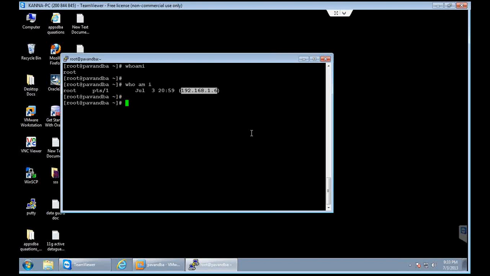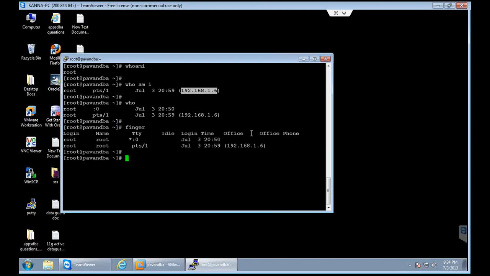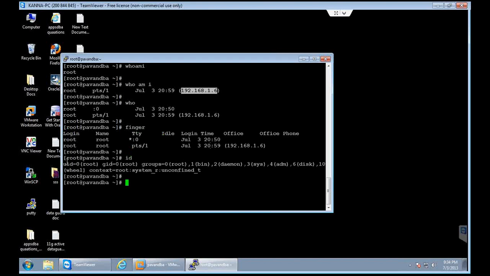And similar information you can get by another command like who. This will also give you a similar output, and you can get the same output using one more command called finger. Here also it will give you a similar output. And you have another command to find out which user it is, that is id. When you type id, you can see uid is shown as root, so that means you connected as root user.